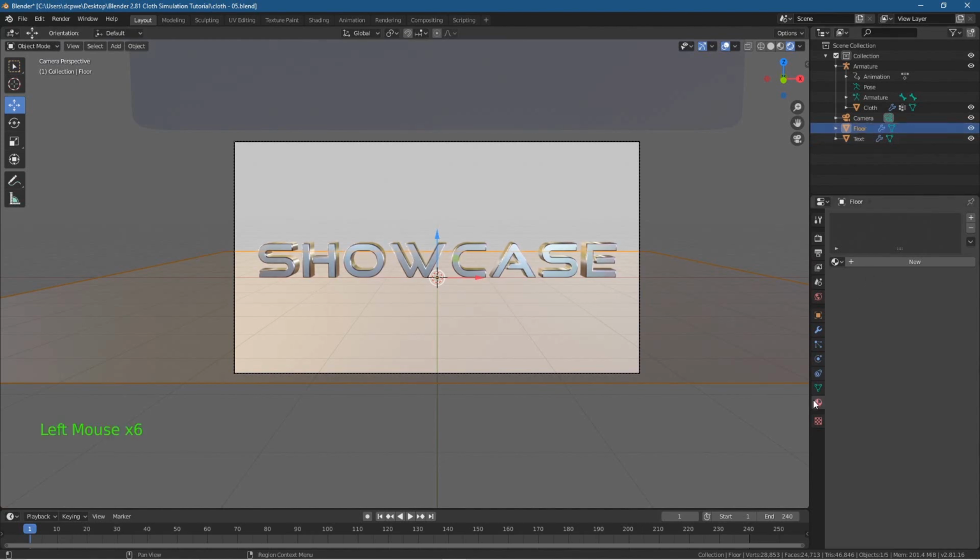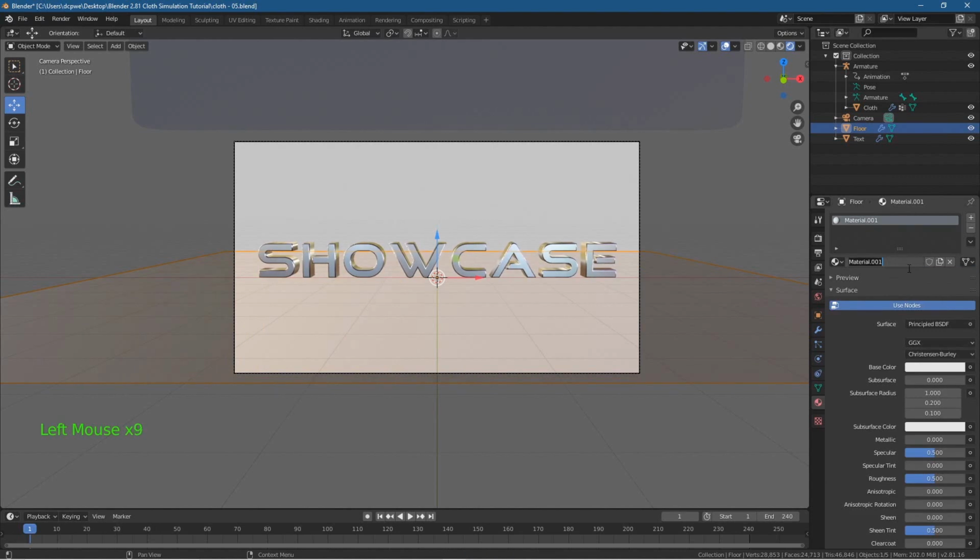Control C to copy, go to the material, click new material and paste in that name, call it floor, and we want to set that to metallic as well and bring down the roughness. We want to set this to around 0.25, somewhere around there. And then we want to go to our render properties